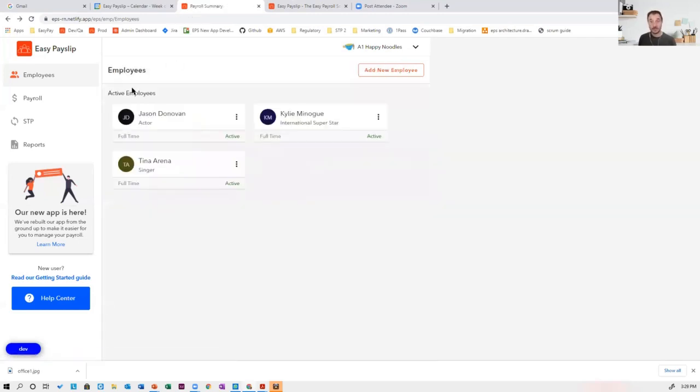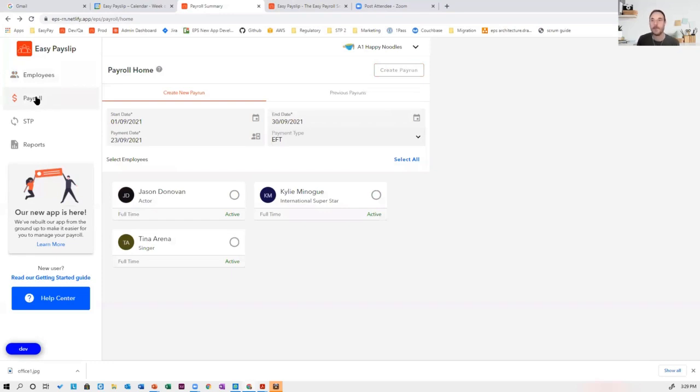So that is the first step. You only need to do that once. You set up your employees, you create those records, and that's done. And you should never need to change them unless something changes, like their tax status or the amount they earn. Now you're ready to do step 2, which is create your payslip. So you go to the payroll menu.